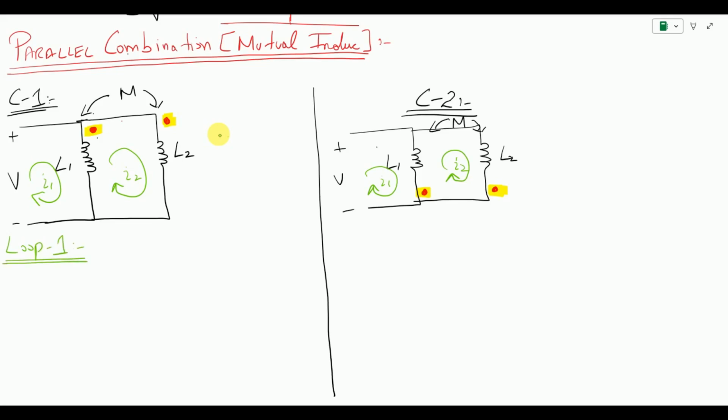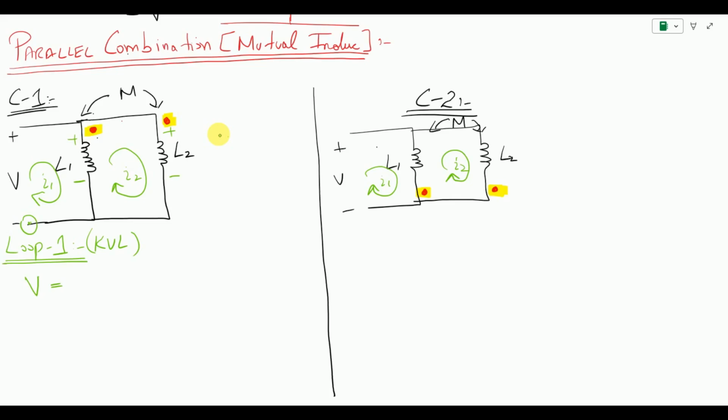So if we apply KVL on loop 1, what is the equation that we are getting? Obviously we want to write the equation in terms of the voltages. So if I start from this point, the first thing we encounter in terms of the flow of current for the inductor is that the direction of the inductor polarities or the current are in the downward direction, so from positive to negative,